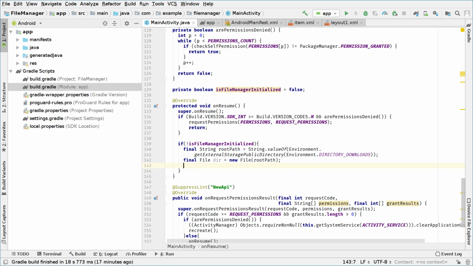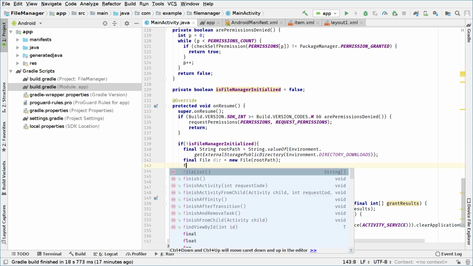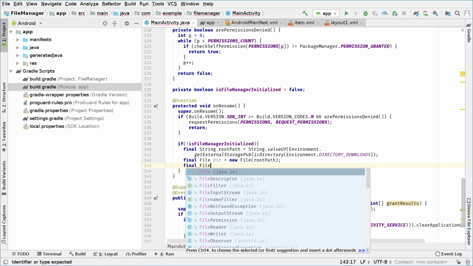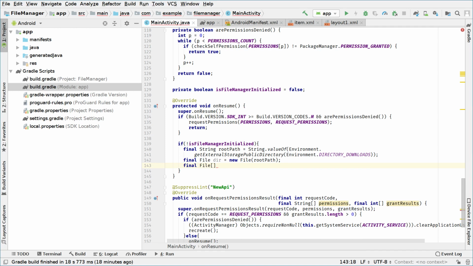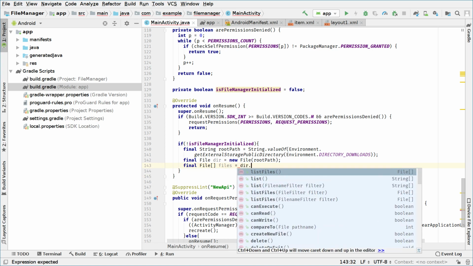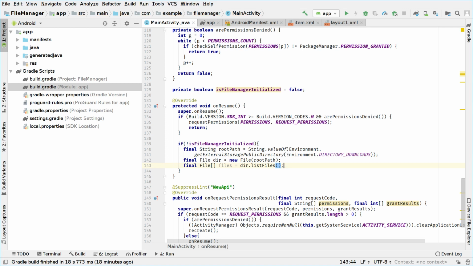Okay, so you're gonna go and say final file array, and we say files. We'll call it files, and this will be equal to dir dot list files. Okay,